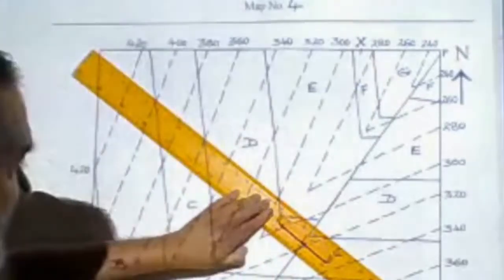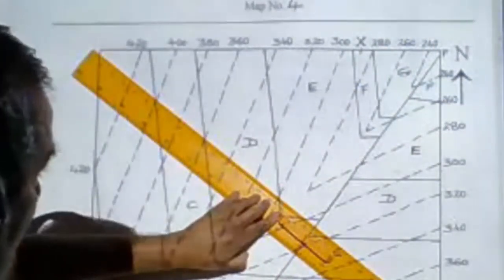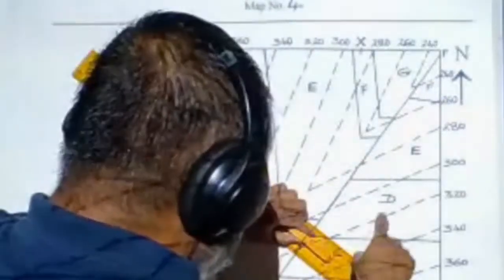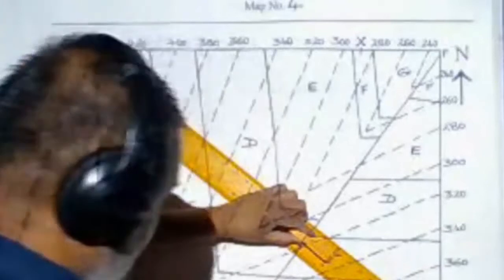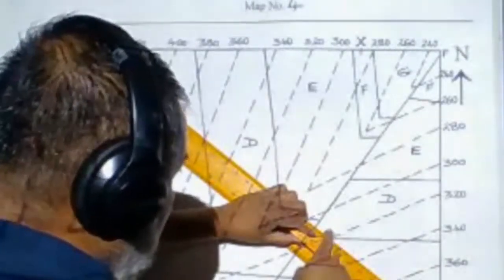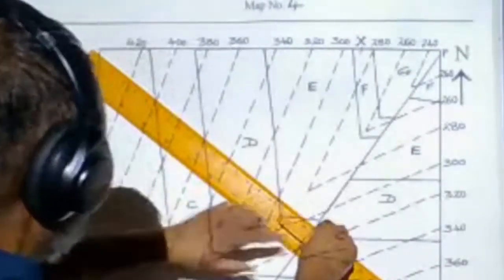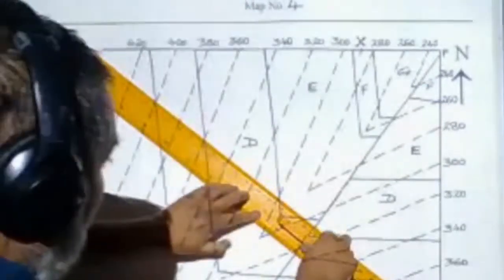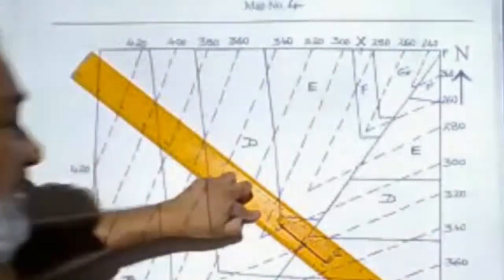Okay. This is my sight line. Now what is the sight line? And this is your fault. Along the fault, I am going to get D and this is C. The CD junction is here. The CD junction on this line is 360 meters, and here it is 320. What is the difference? 40.